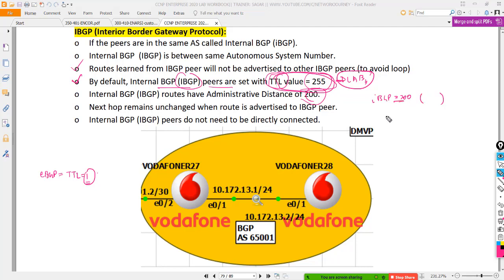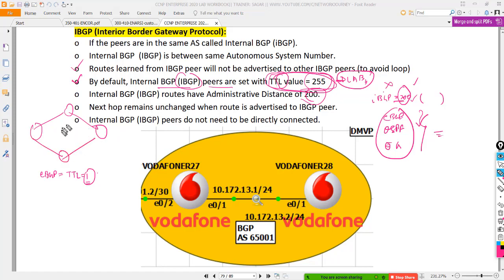So if you have your EBGP or OSPF or EIGRP, these are considered over this, because these have a lower AD value than this. And the main reason why IBGP is given the high value is because, as I told you, the peers are not meant to be directly connected. You can have routers that are not directly connected, so that's why we don't trust the prefix that's been learnt over IBGP scenarios.